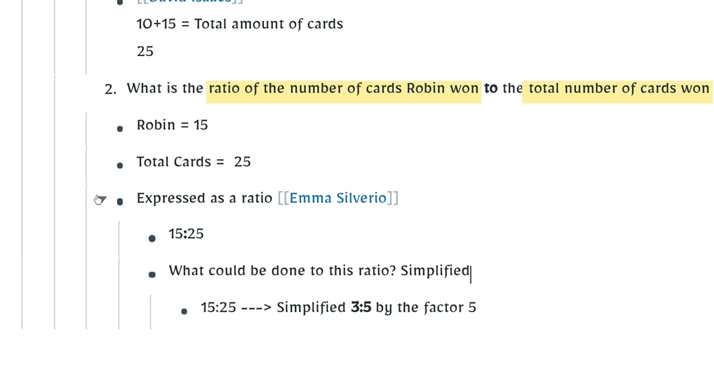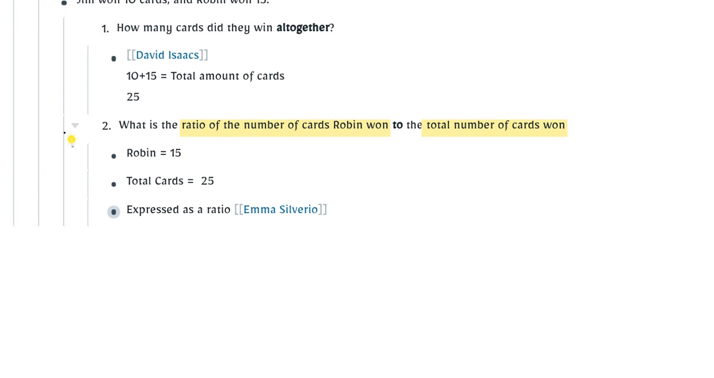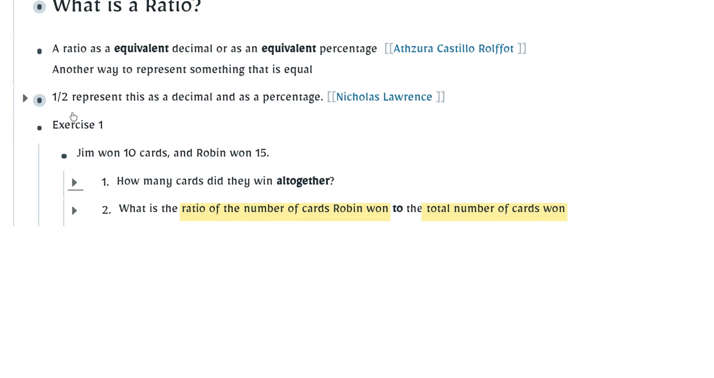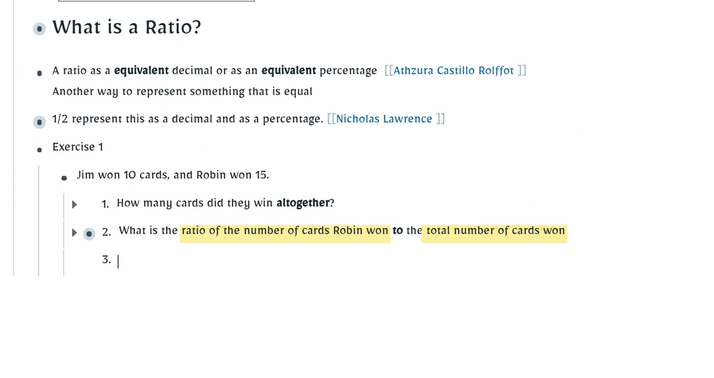Good. Question 3. That was question 2 by Emma and question 1 by David. I'm going to go to question 3. Question 3 says, what is the decimal and percentage equivalence of the ratio? This is a difficult question, so I'm going to ask 2 persons,